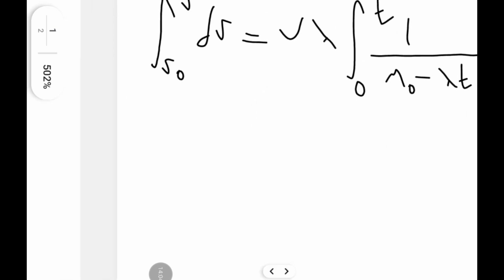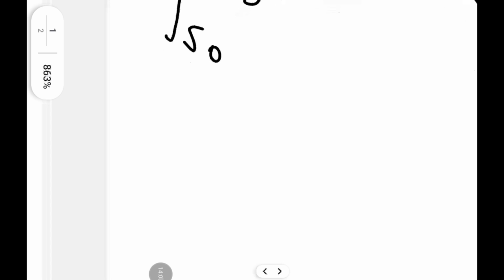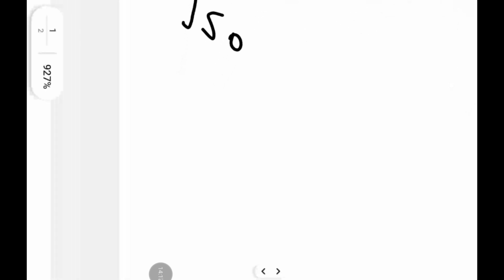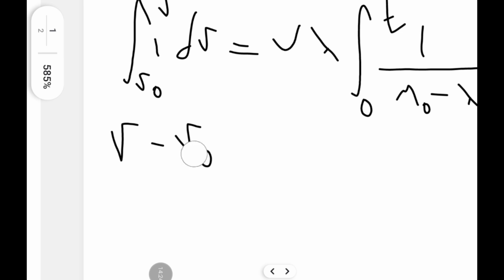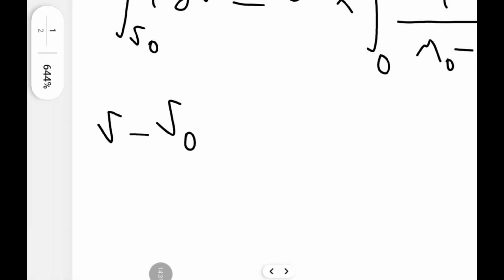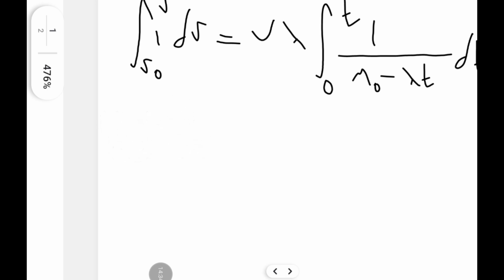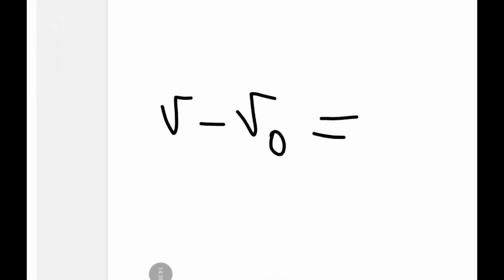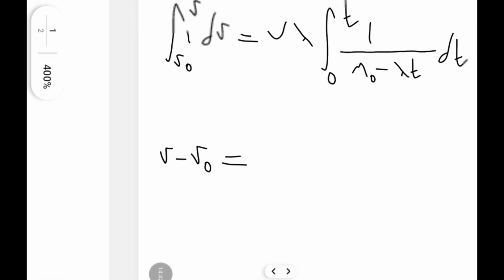So you have this integral form now, and we can integrate them all. We've done integration before, we know how it's going to work. We're going to get it into the form of v minus v0, because we know the integral of 1 is v, and it's v minus v0. We showed that earlier. When you're writing integrals, they do take up a lot of space. It's one of the problems with it. I apologise for the technical errors. So v minus v0 is equal to,